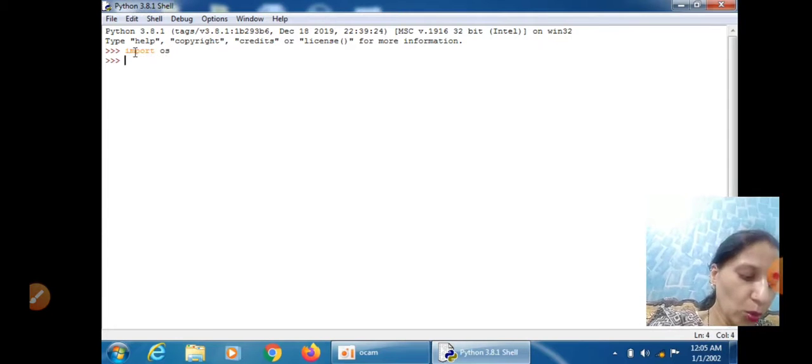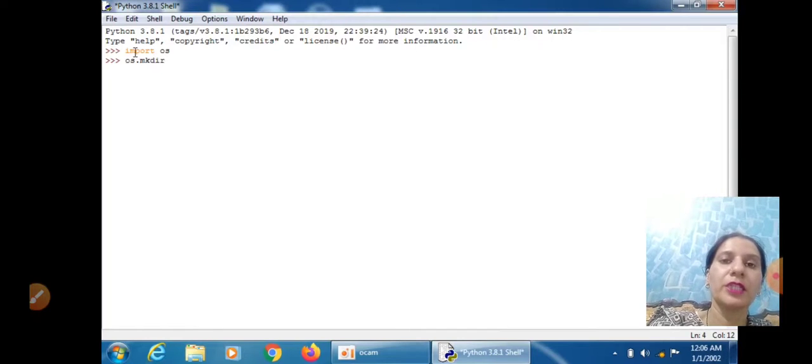Then write os.mkdir, as mkdir is a function of the os module, and write geometry in double quotes, the name of the directory which you want to create. Press enter. Now our directory has been created.